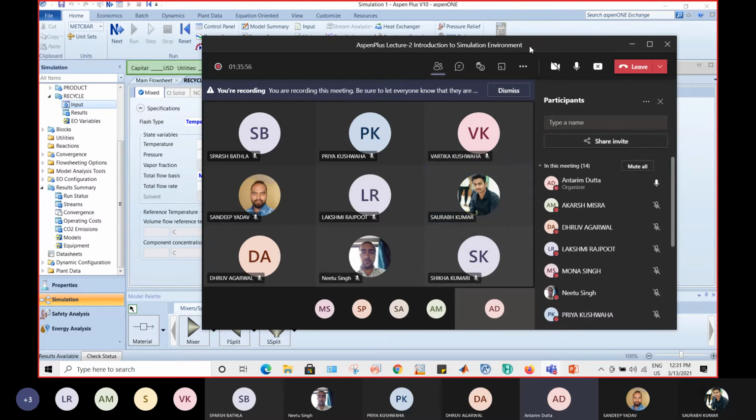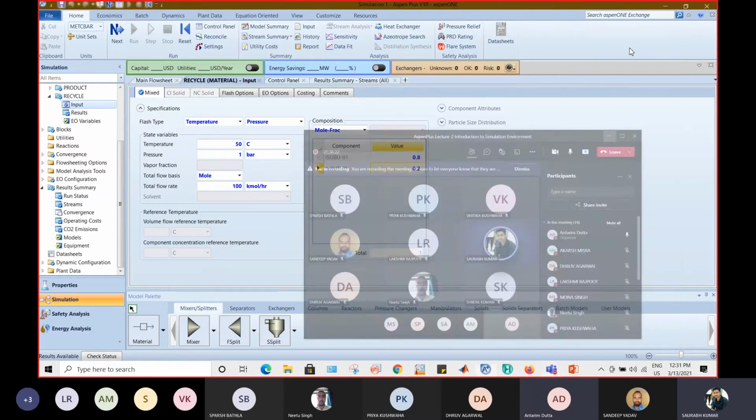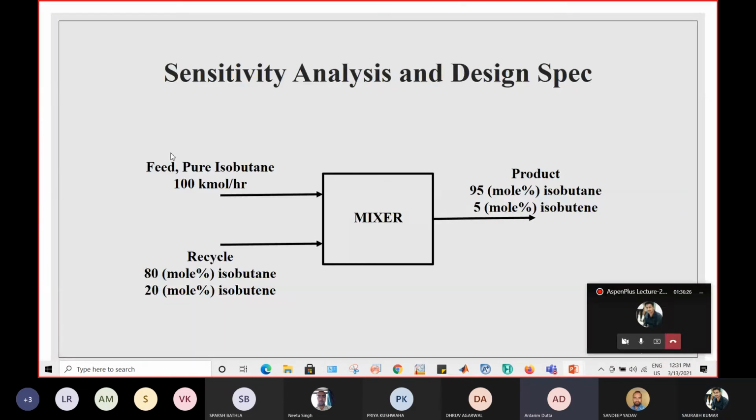आपका कहना ये है कि हम लोग रिसाइकल स्ट्रीम को इंक्रीज करेंगे. So don't you think that if I increase the recycle stream, it will decrease the percentage of isobutane in our output stream? Yes sir. तो हमें डिक्रीज करना है कि इंक्रीज करना है? क्वेश्चन को समझो। देखो हमारे पास ये एक स्ट्रीम है, ये एक स्ट्रीम है, और हमारे पास ये प्रोडक्ट है। हमने ये देखा कि अगर हमने इसे 100 किया है तो ये 90 मोल परसेंट आ रहा है। Now my question is, should I go from 100 to 200 and should I go from 100 to 50 so that I can get nearer to 95%? दैट मींस अगर मैं रिसाइकल फ्लो रेट इंक्रीज करूंगा तो क्या ये मोल परसेंट इंक्रीज होगा या डिक्रीज होगा?